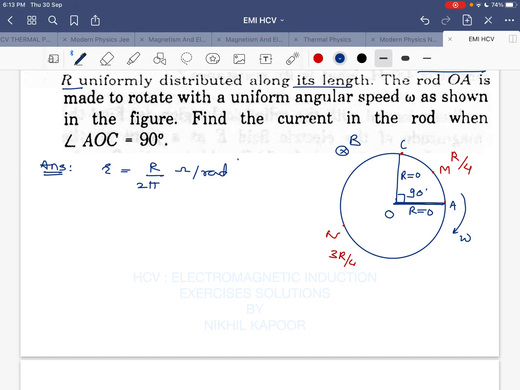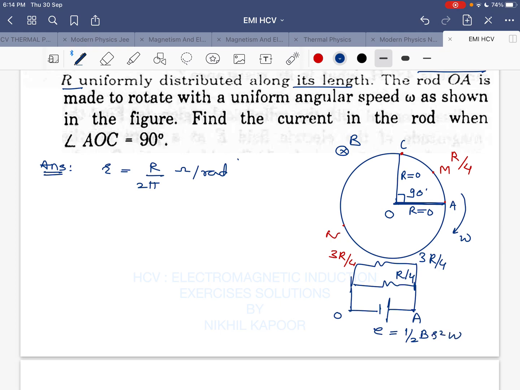So by Fleming's right hand rule, the magnetic field inside the OA is going in the downward direction, so current will go from O to A. So definitely O end is negative and A is positive. Here this is negative and this is positive, and this is OA. And as you can see, between OA, these two resistors are connected in parallel. This is R by 4 of the 90 degree portion, and this is 3R by 4 of the other portion. And here this is the EMF induced, which is given by half B R square omega, where R is the radius.